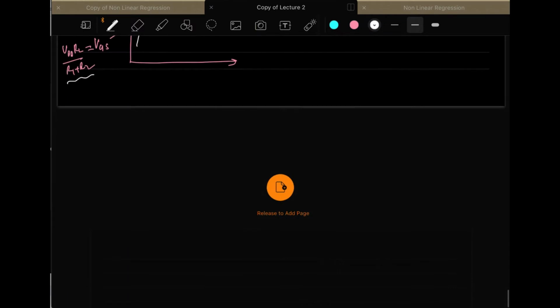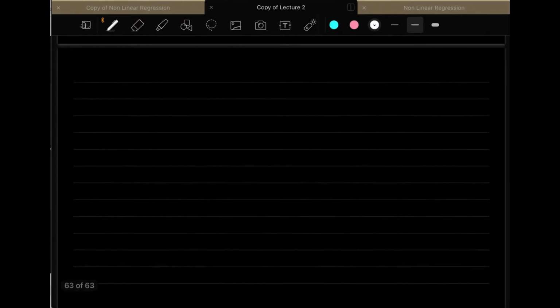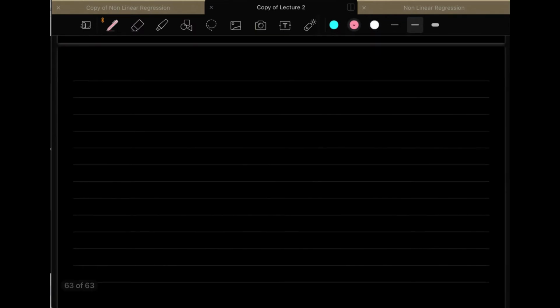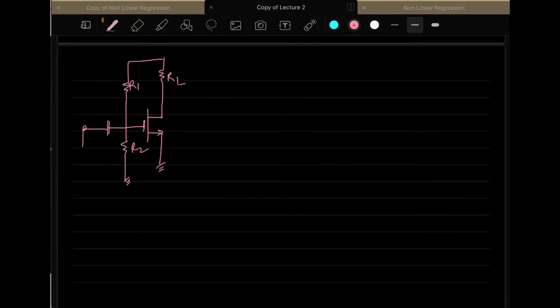Okay, so if there is no confusion, then what you do normally is, if you have a circuit which looks like this, RL, then you have R1, then you have R2. So you have R1 here and R2 here, and then you have a small signal source V in, and then you have a capacitor C, and then you have V out this side, and there can be a load resistor also here, RL.